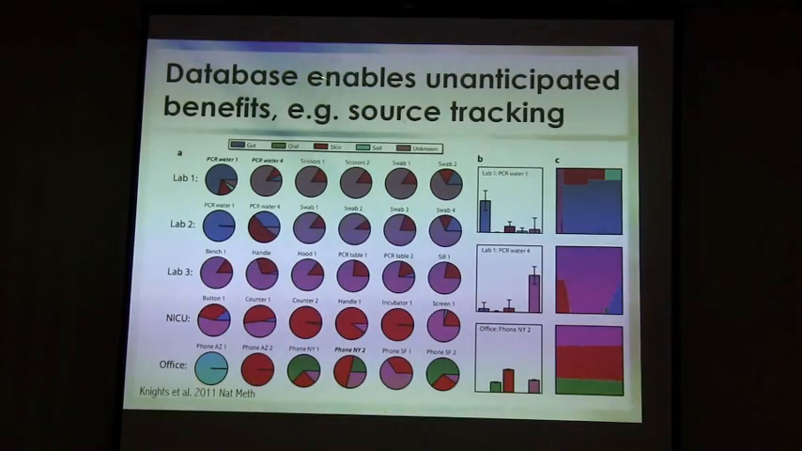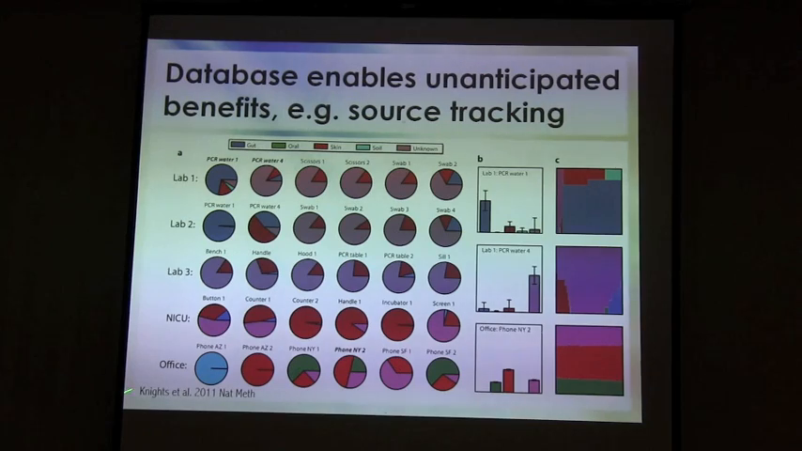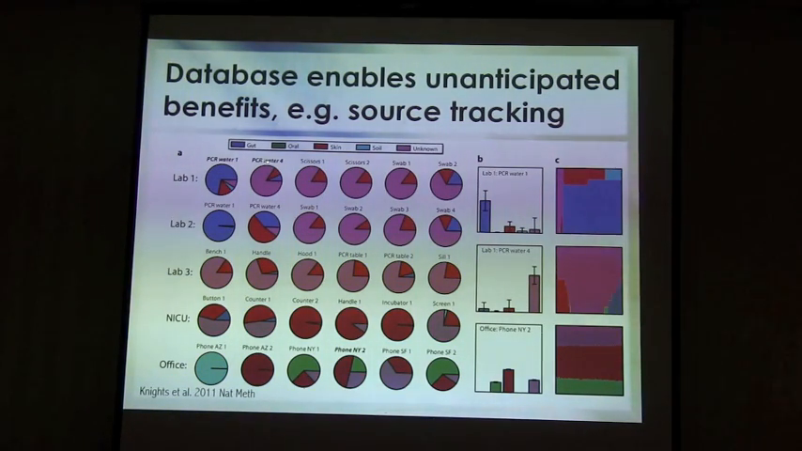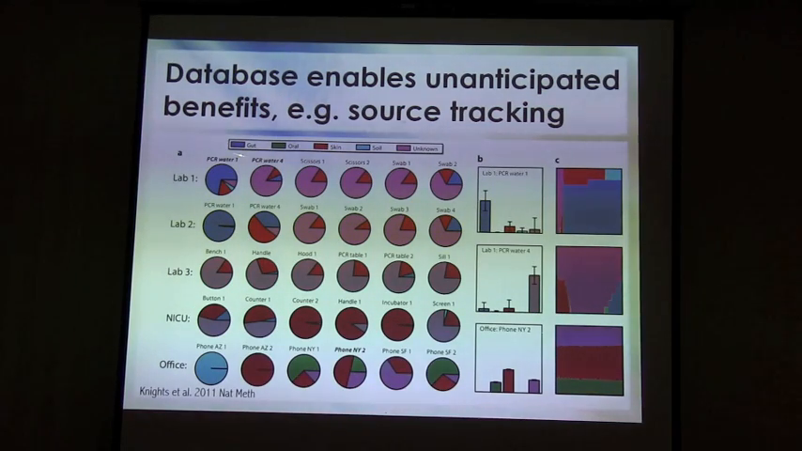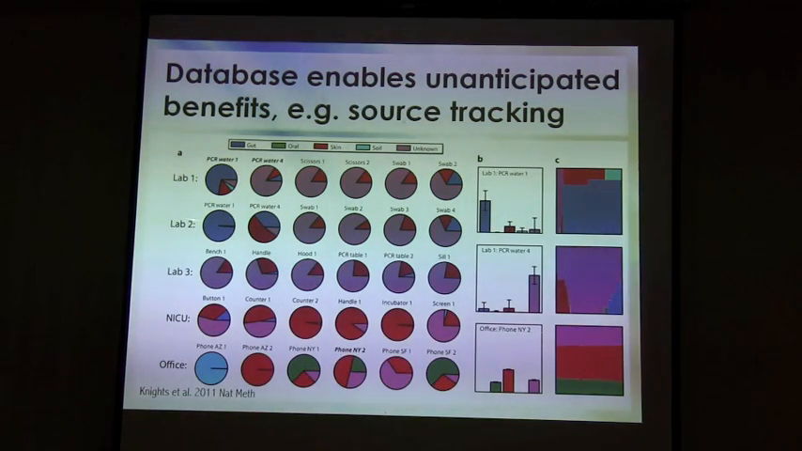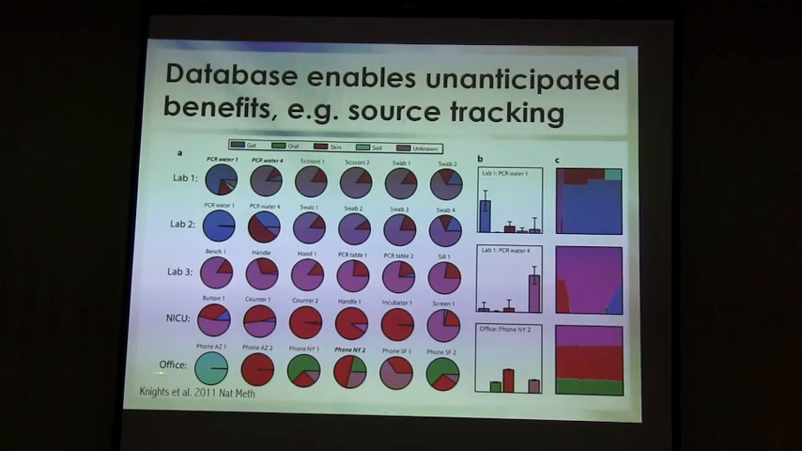Having this large database lets you do a lot of additional cool things. For example, Dan Knights, who recently graduated from our lab, put together this very nice Bayesian source tracking method, where you can take a whole set of entire community samples, and then for an unknown community, such as some different labs that we were swabbing for contamination, a neonatal intensive care unit, and then various things around offices,